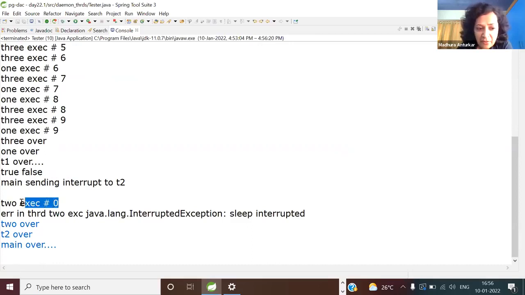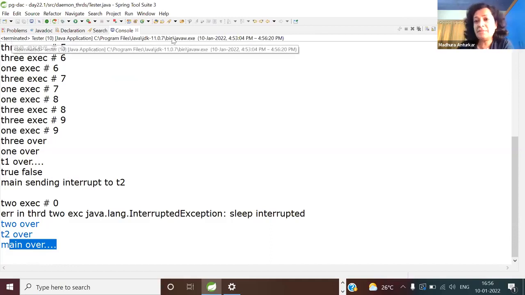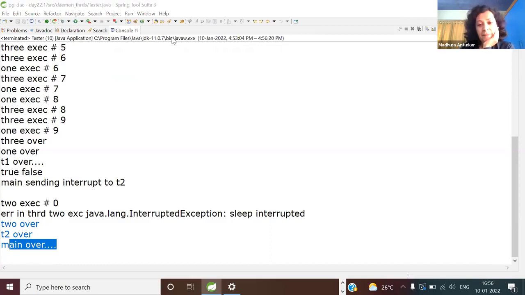So here it went for the first execution. You know the whole flow now. The moment it entered the sleep, its sleep got interrupted because it got that pending interrupted exception. Thread 2 was over, T2.join got unblocked and main was over. Your threads 1 and 3 were already over, so the application terminates. Understood the statements I made? Understood the observation, guys? This is what Ragini, I wanted to cover. Thanks for reminding, I had totally forgotten.